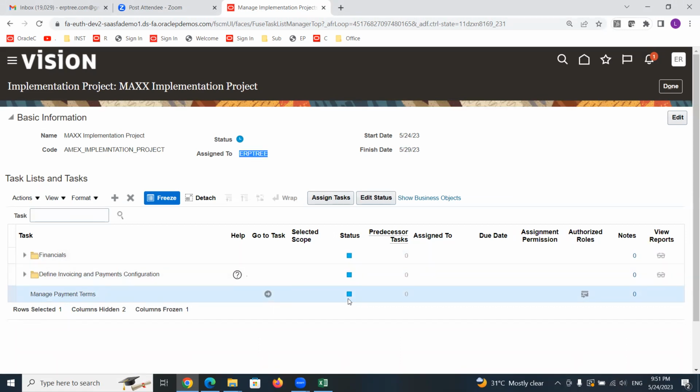These points we will see in tomorrow's session: how to assign offerings, options, and task lists to the consultants, how they can start updating the status based on the progress of the setups they are doing in this project, how that information will roll up to the project level, and how it will impact the project progress. These all points we'll see in tomorrow's session. Okay. Yeah.